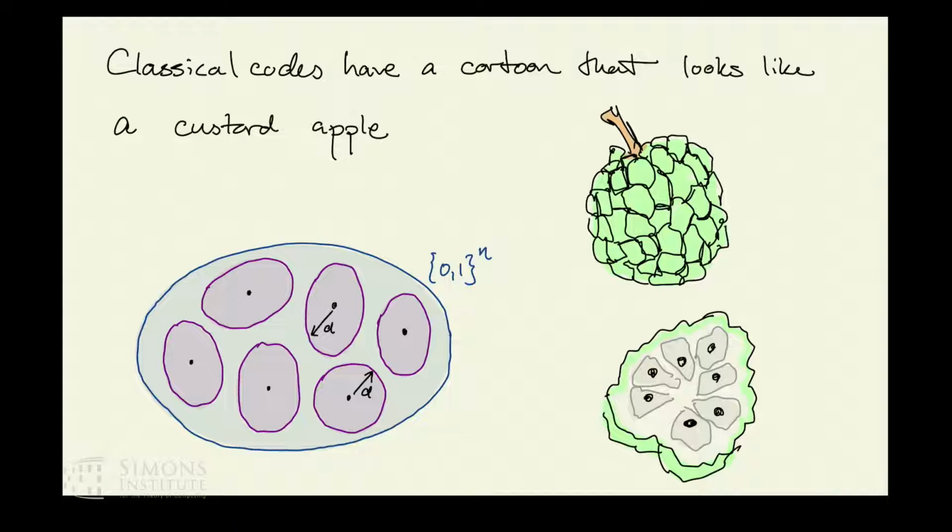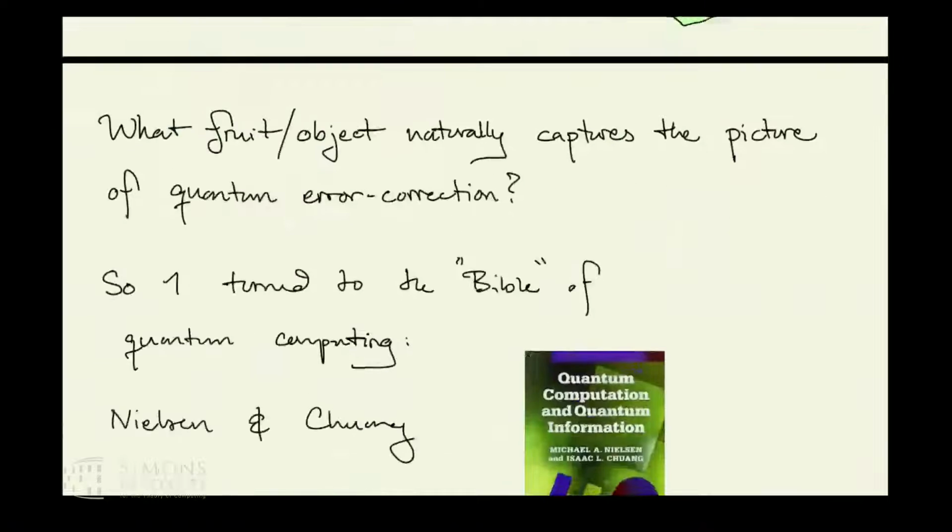And what does it tell you in classical error correction? It says that I have these points, and they all have these balls of some distance around them, and there's no point within it. And that's the picture. It's not necessarily efficient to encode or decode, but you certainly have all the information-theoretic perspective. Okay, so then you might ask,